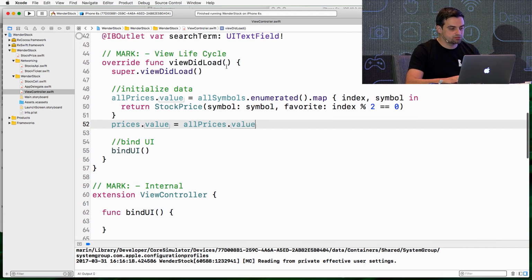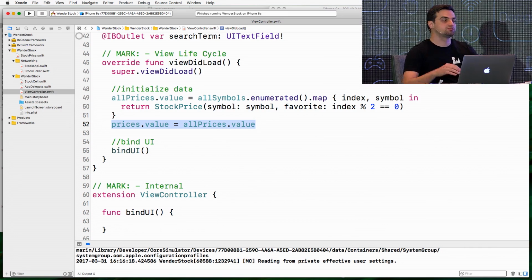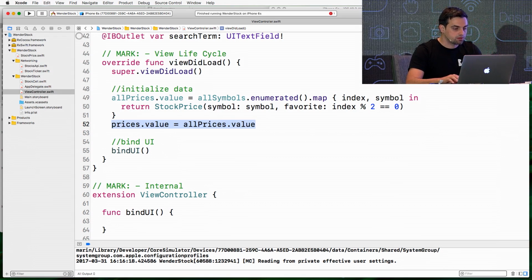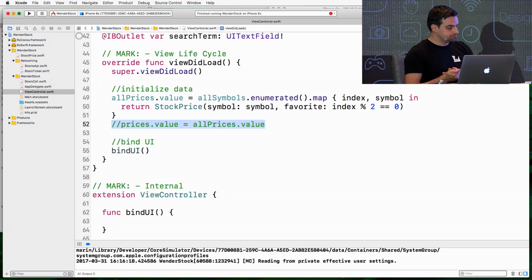Now first come here to the ViewDidLoad. As I said, this one we won't need anymore because now we're going to implement the filtering of the prices. We're not going to just use all of them straight away. So this, I'm going to comment out like so, or you can delete it, whatever you want to do. Right. We're going to do a huge jump here, so